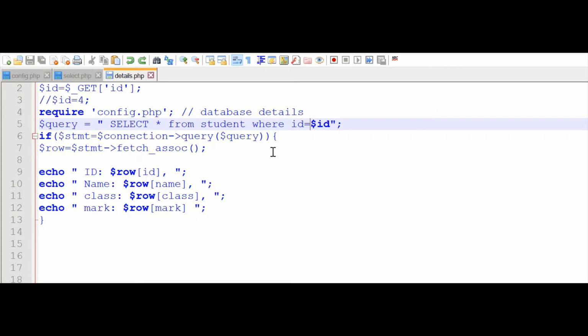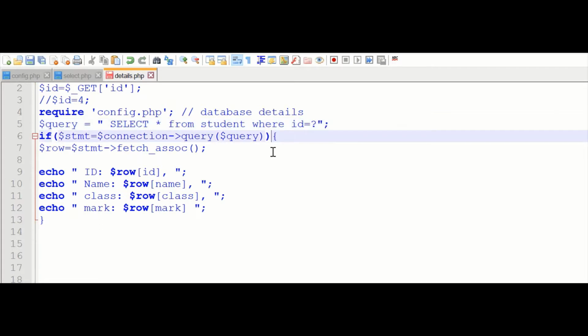We cannot use the value taken directly from the address bar. This will create a security issue because any code can be injected into our query and it will create problems for us. We will discuss separately what the security issues are and how the code can be injected. Now we will prevent it here. To do that, we will change our query a bit. We will use a parameter here.